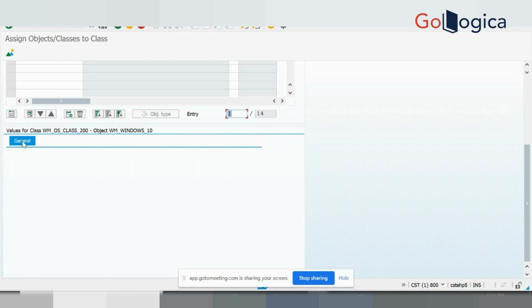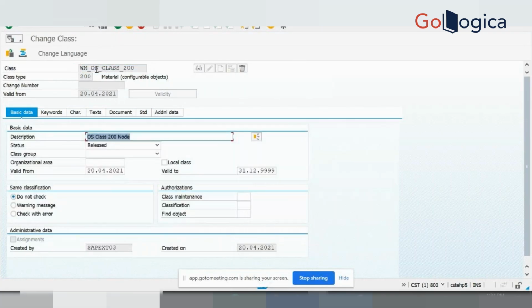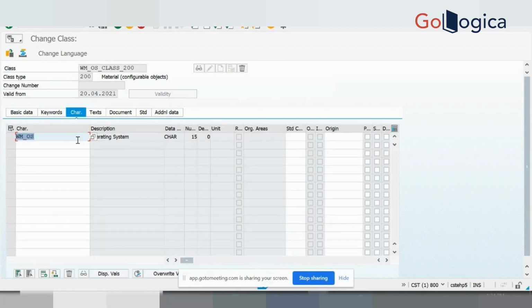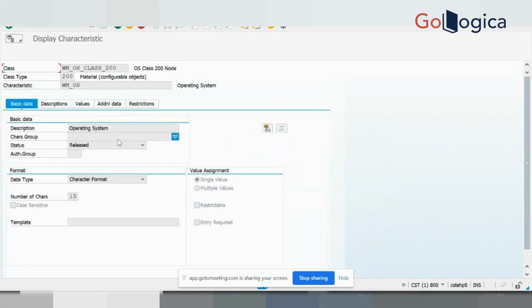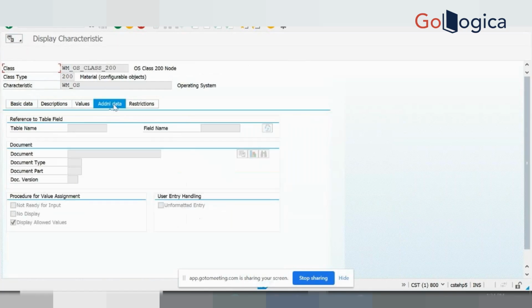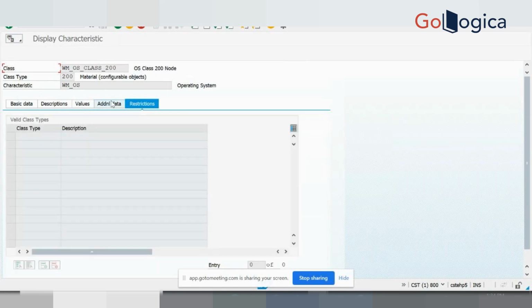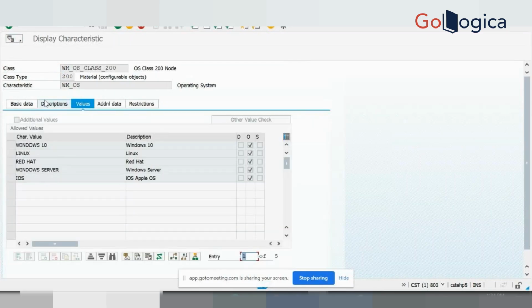I think I have released this characteristic and the class. But this one, right? It's released only. I should be able to see these characteristics in there. When I am assigning this, I released this only. There is, yeah, display allowed values only. Ah, I understand this. Okay, so